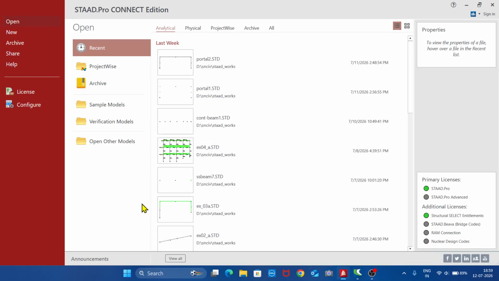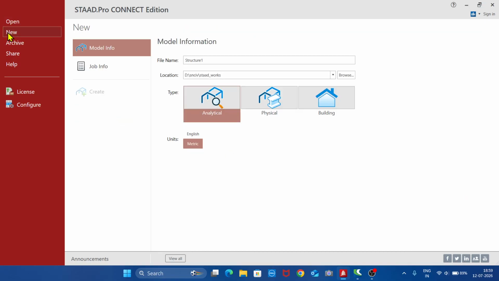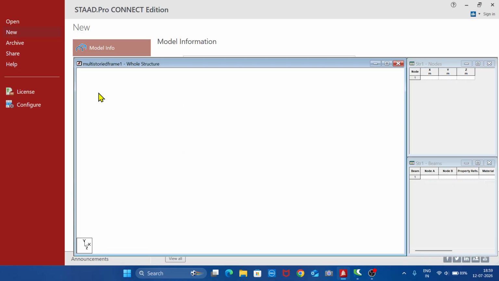In this exercise, let us learn how to model a multi-storied frame, a two-dimensional multi-storied frame. Click New, click File Name. So type the file name, let it be multi-storied frame 1. Choose the location, choose units, metric system of units, click Create,